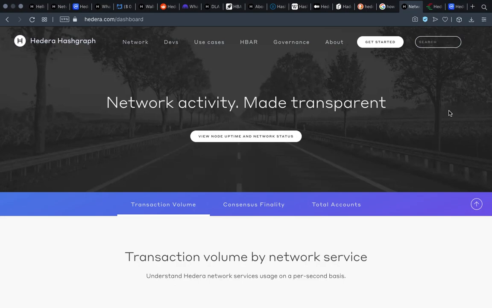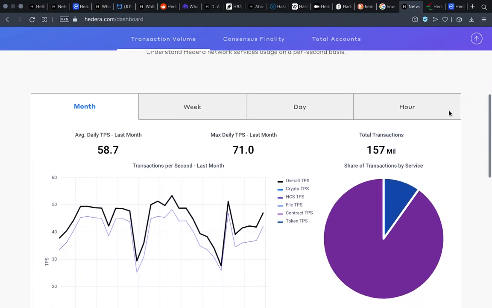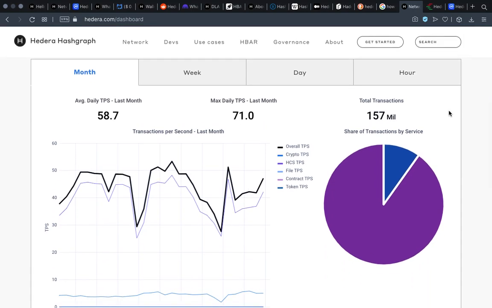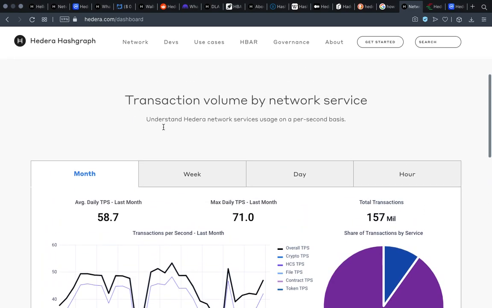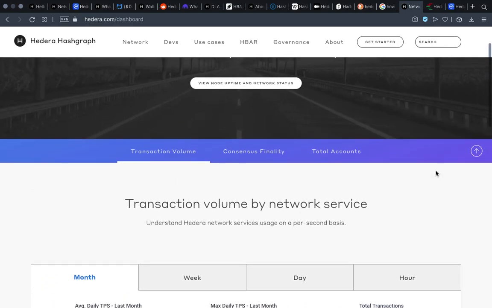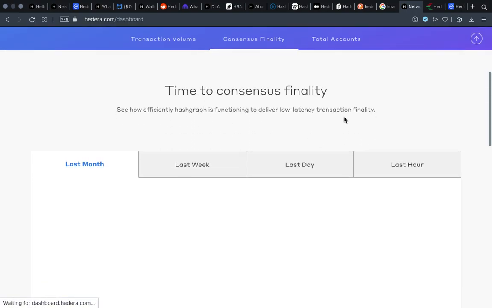And now we're going to take a look at Hedera Hashgraph's dashboard. This is a pretty good resource to help you keep track of what's going on with the Hedera Hashgraph. It gives you a good breakdown of some of the metrics of the network. So here you have the breakdown of trades per second by month, week, day, and hour. Here you have consensus finality